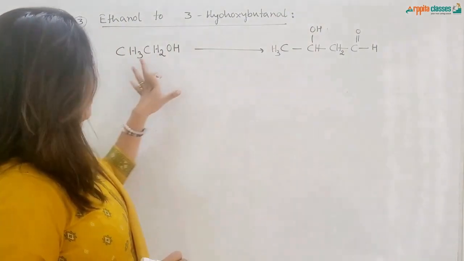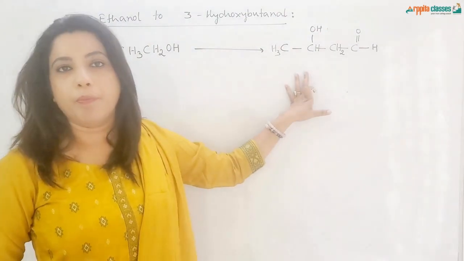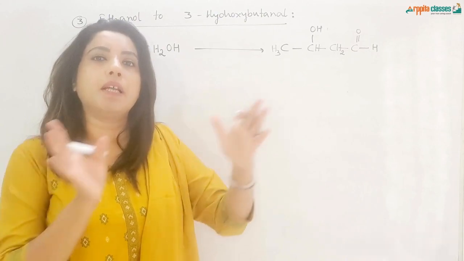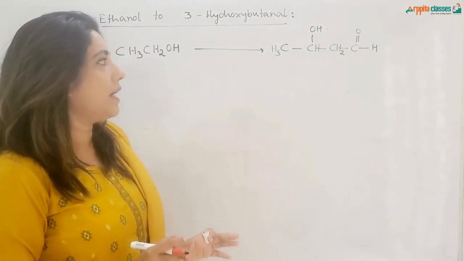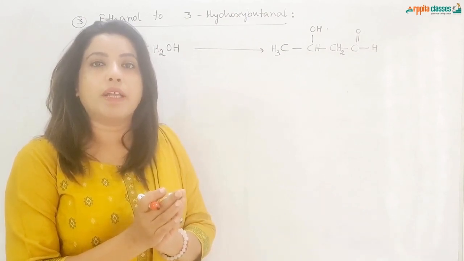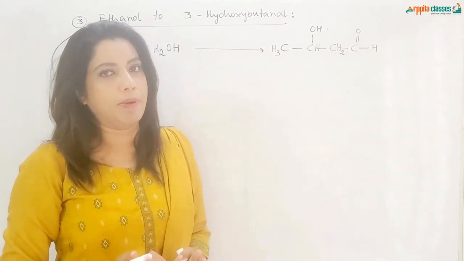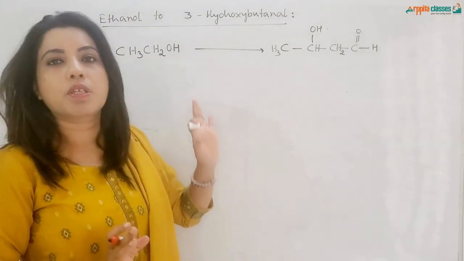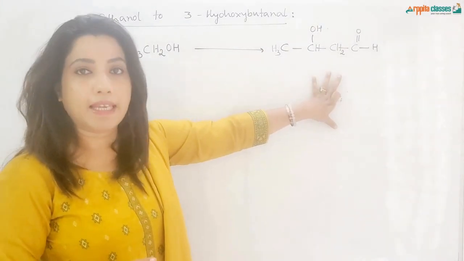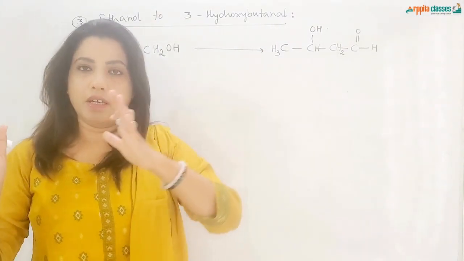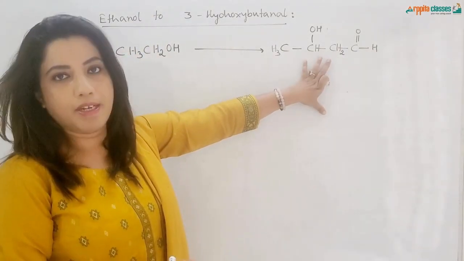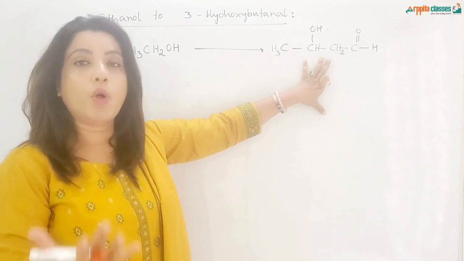Now we know that when we want to go from 2 to 4 carbon atoms, we have a reaction called Wurtz reaction, which will double the number of carbon atoms, and another reaction is aldol condensation, where 2 molecules combine together and it also doubles the number of carbon atoms. Here we are not able to use Wurtz reaction because we do not have haloalkane and also the product is not alkane. In the Wurtz reaction, the substrate is haloalkane and the product is alkane. Here we are getting aldehyde, so definitely we need to go for aldol condensation.